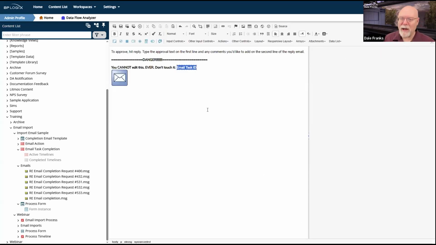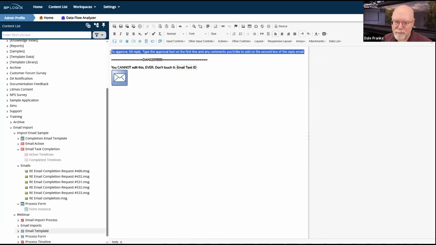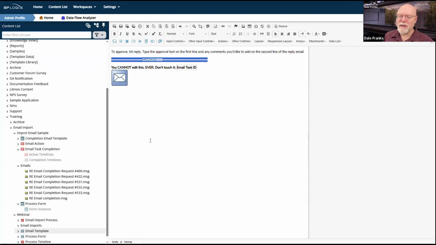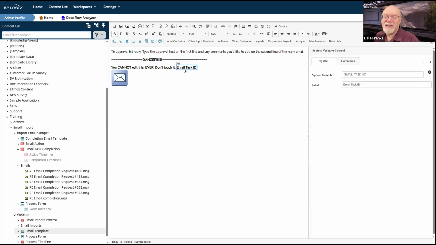I'm just going to go ahead and paste this text in the email template. Now let's talk about what I pasted here. Obviously at the top, this is just text. It just provides the instructions on how to reply. The instructions are fairly simple. They don't do anything. I put this on there because it's a huge warning to not touch what is about to follow, because what is about to follow is this system variable here, the email task ID system variable.